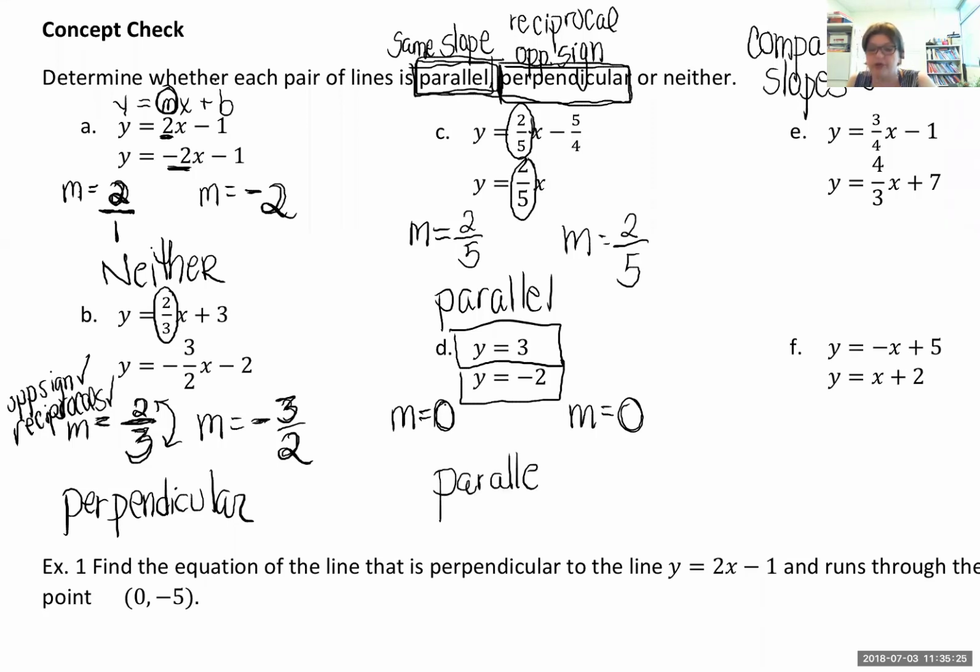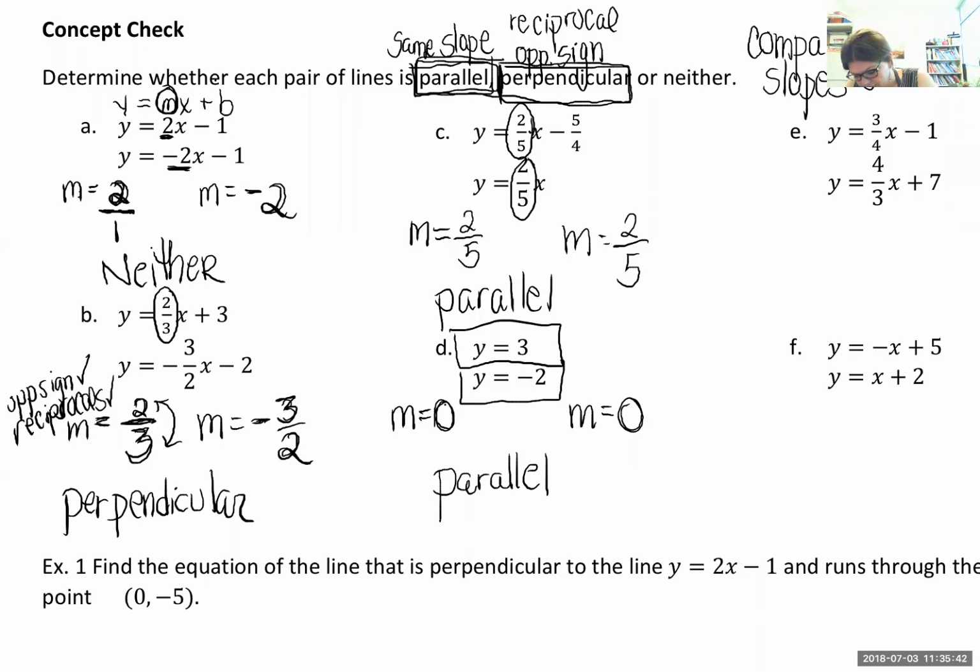That will trick all but the savviest of students. So you've been warned now. The GED does love a trick. So make sure you're aware of that kind of problem. Okay, next one. So again, if I want to find out if lines are parallel, perpendicular, or neither, I should